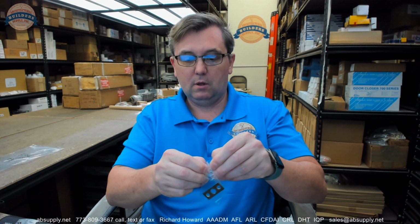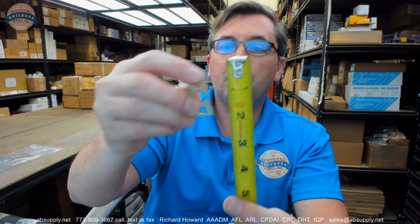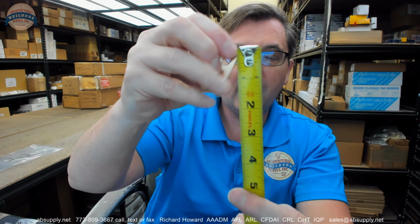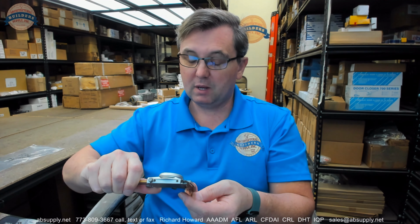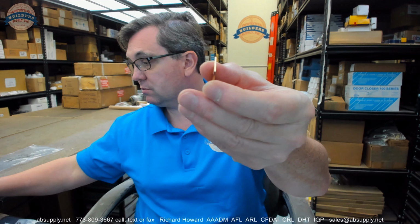It's going to include a strike plate as well. It's giving me trouble coming out of the bag. And a bit of a complementary finish, about 1.5 inches by 5/8. This is very thin. This is probably 30 thousandths. Are you going to mortise this? Maybe. Can you? It's 49 thousandths, so it's basically the thickness of a commercial kick